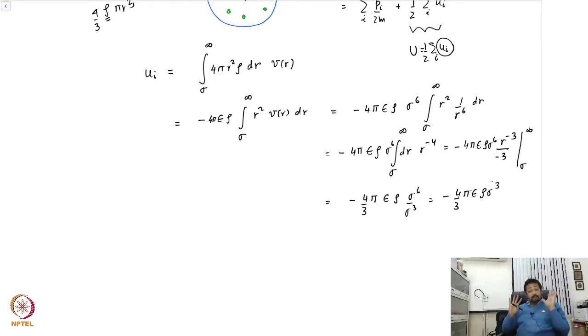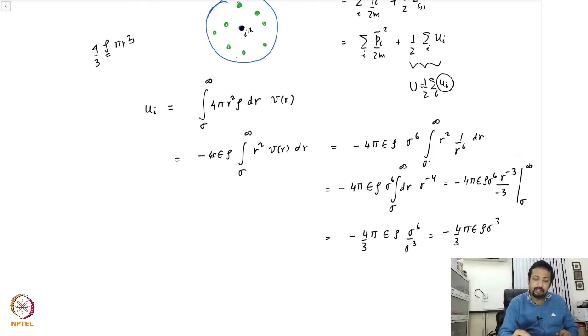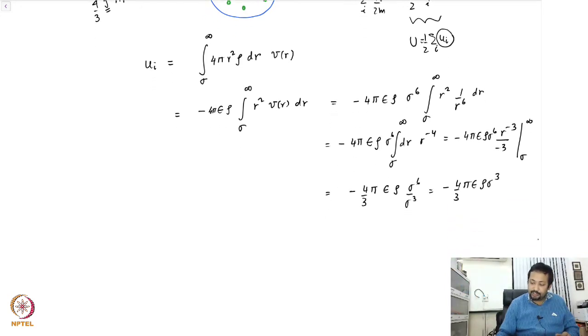Please note that this description is only valid when it's a weakly interacting gas, where the density is very dilute and you are at high temperatures, so that the particles rarely see each other. Essentially you average out the interaction energy surrounding the particle. If the particle separation is r, how many particles are contained over here, and then you integrate over the whole volume, and you come up with this expression,